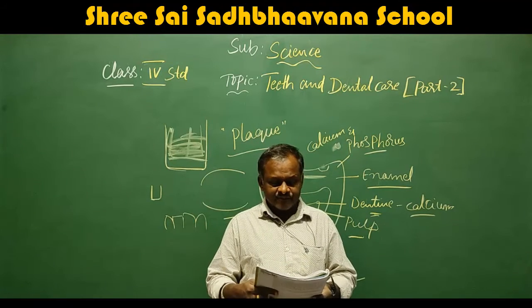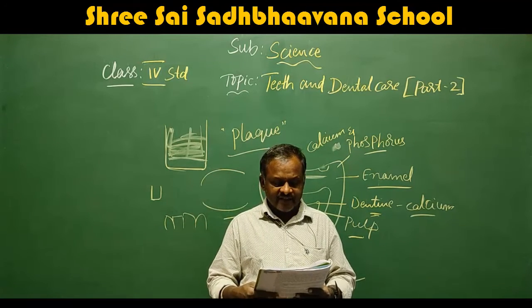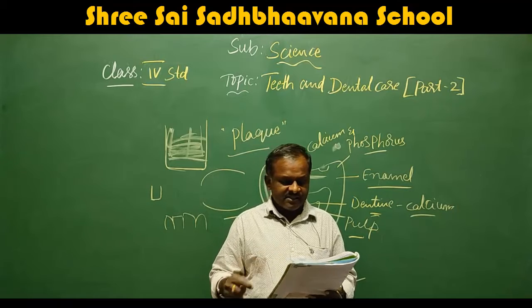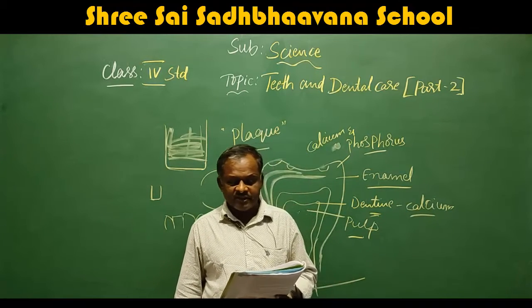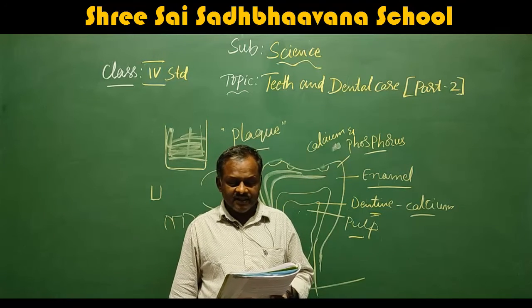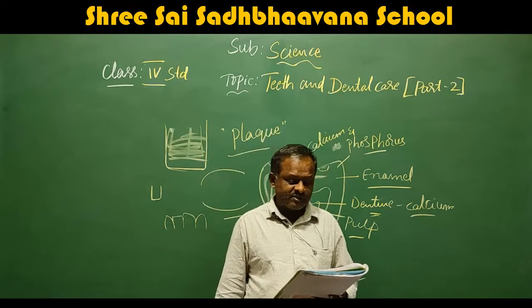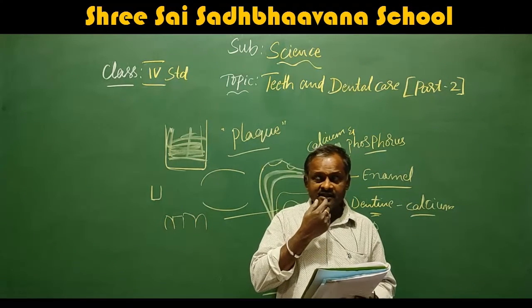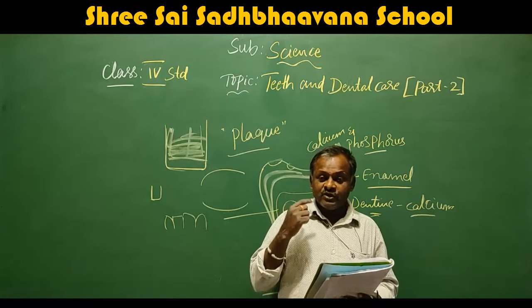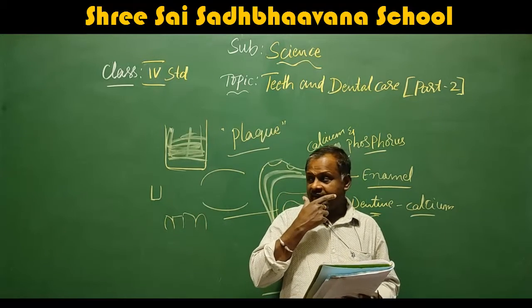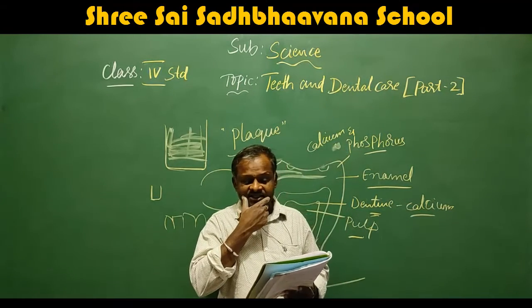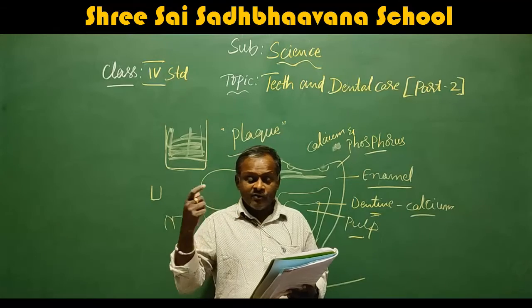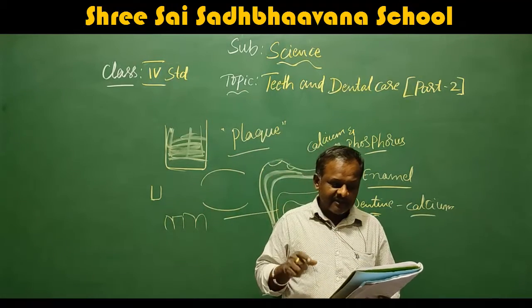This completes your chapter. Here they have given the fact file and let us summarize. I will read just 7 points. Chewing gives exercise to our gums and improves flow of blood inside them. Enamel is the hardest substance in our body. Chewing, that means grinding like this, makes exercise for the gums and also flow of blood inside them.